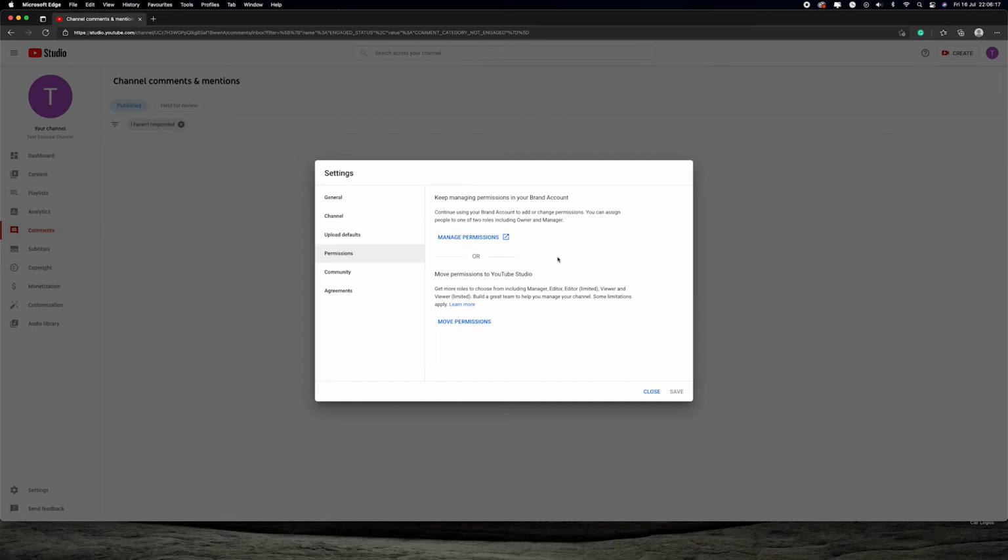In both the places, the manager option is there, and I would say you can stick to the default option, wherein you can use the manage permission, which opens up another pop-up box where you can add the email ID and select the user as a manager. So this is how you can also go ahead and add the manager into a YouTube account.